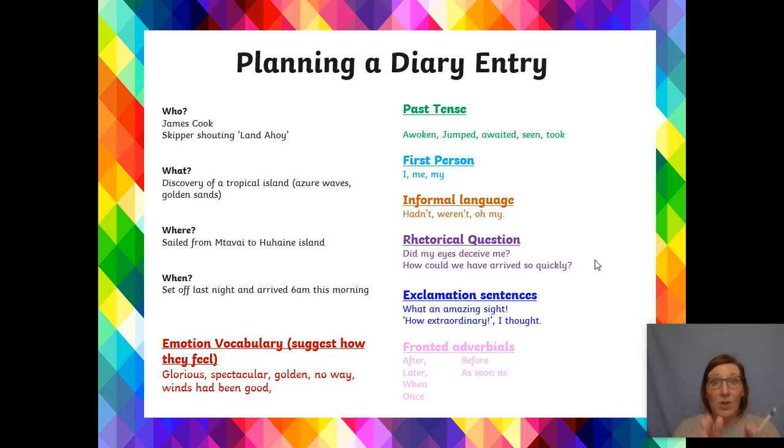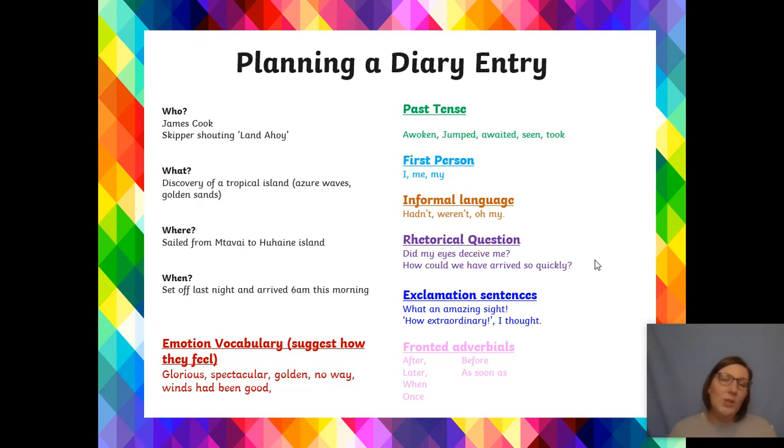And remember, you are going to be Lila. You need to become Lila. So you'll need to be writing in the first person. I, me, my. Remember, it's a diary that you're writing for yourself. So imagine Lila is going to be writing this diary for herself. So she can use informal language. She might want to use language that makes her feel more relaxed. Language that she wouldn't use if she was speaking to the king, for example.